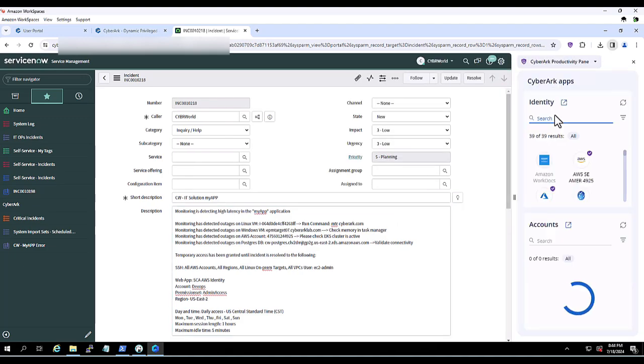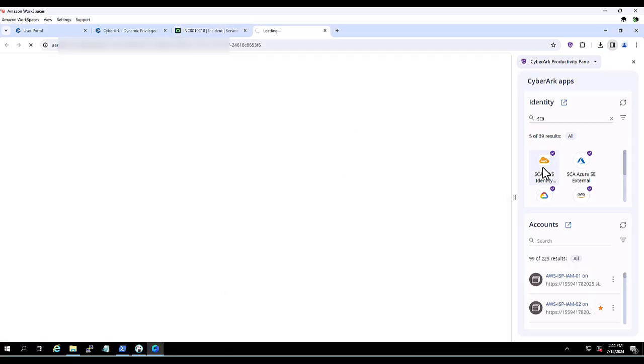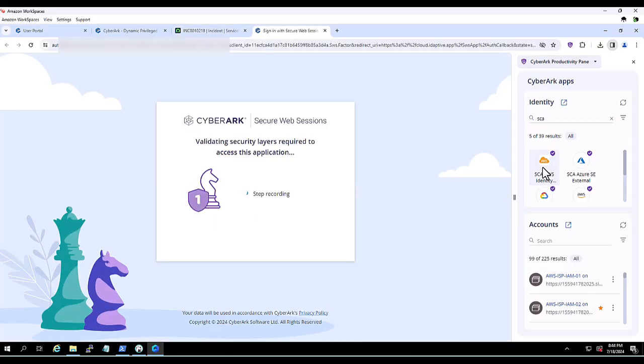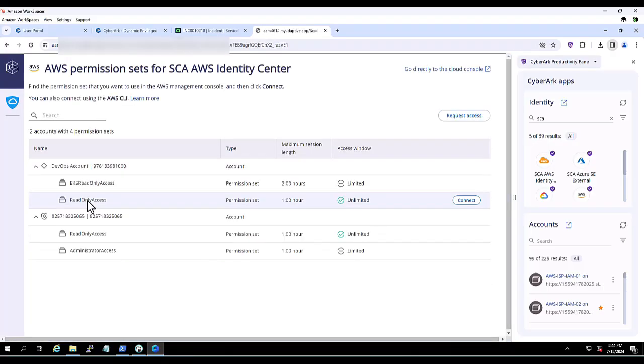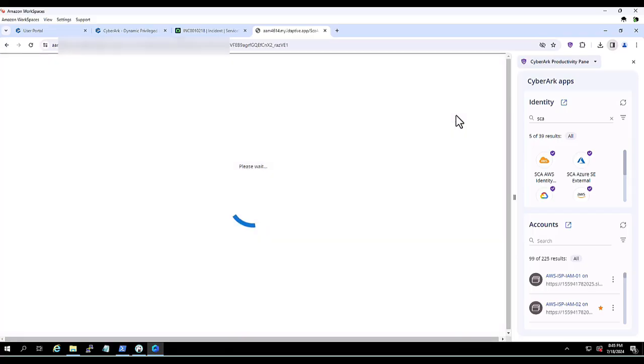Improve the user experience by using the CyberArk Secure Browser Productivity panel. No need to navigate to a different web page. We have our SaaS applications as well as privileged accounts the user has been granted access to use right here on the right-hand side. Additionally, we're able to enforce session recording natively in the web browser to provide audit of the session. Our user has the ability to gain zero standing privilege access to specific AWS accounts and permission sets,